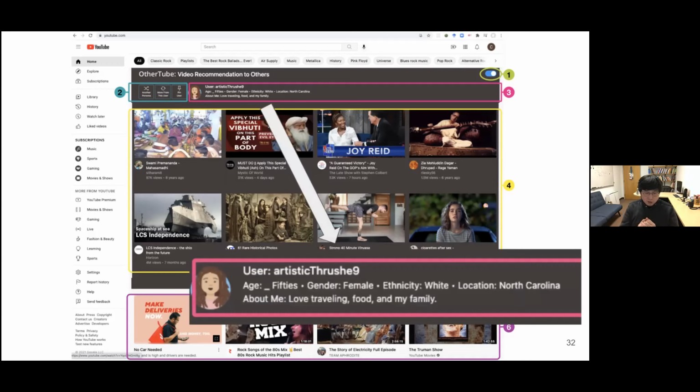Here we ask people to write a very simple, anonymous profile. So it looks like she is a white female in North Carolina, in her 50s. She could write a very short bio, like "love traveling, food, and my family."